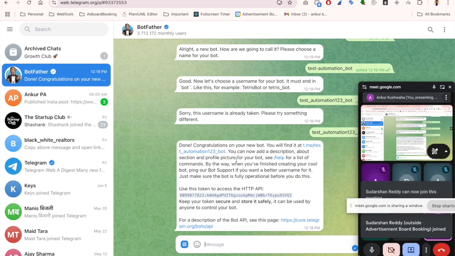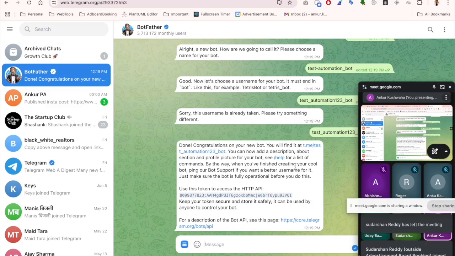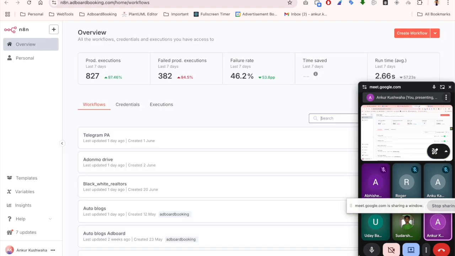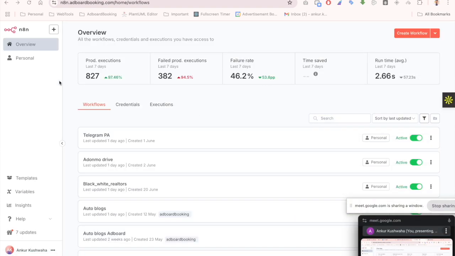Okay, so as you can see, the bot has been created, and this is the access token that you are going to use in the N8N setup. It will be required for sending the message and for retrieving the message that has been used. So we are going to use this, and this is N8N. This is how it looks. Here we will define some workflows